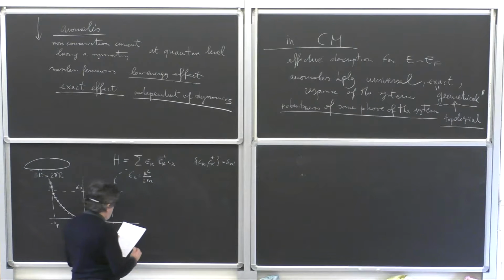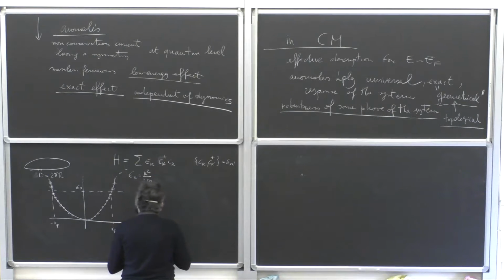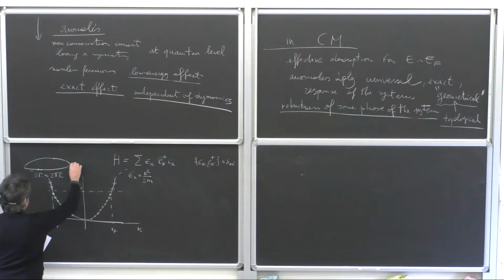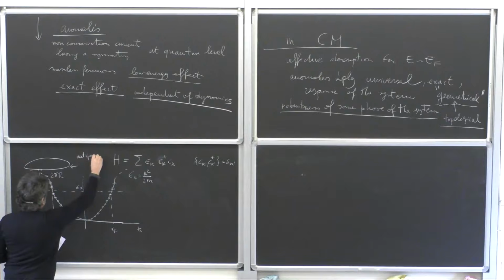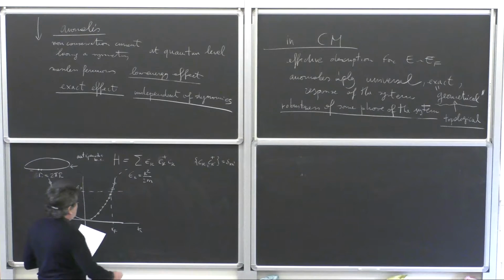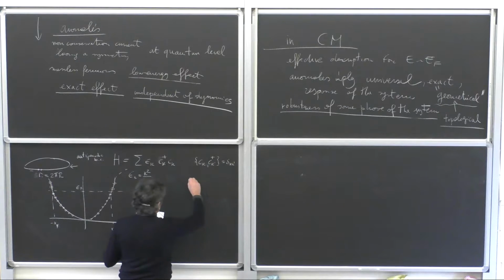I also know that I take anti-periodic boundary condition for the fermions, which is standard for fermions. Okay, that you know, right? And so I will have that momenta are quantized in 2 pi over L n minus 1/2.